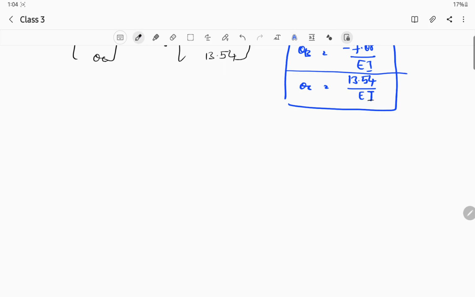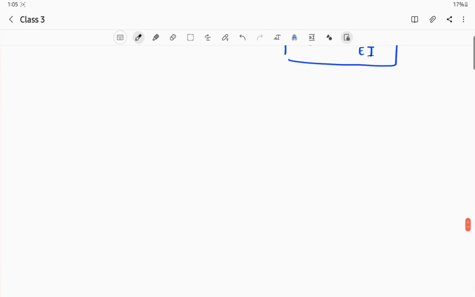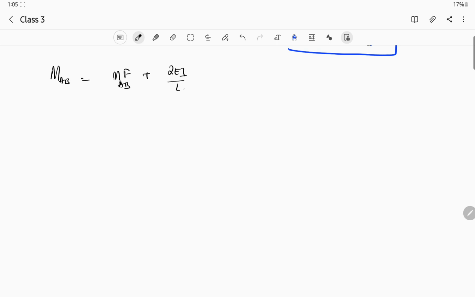Now we'll substitute all our values of theta A, theta B and theta C in the same formula which we use for the slope deflection method. That is, capital MAB is equal to MFAB plus 2EI by L into 2 theta A plus theta B. Okay, so what is MFAB we got? Minus 25 plus 2EI, for span AB it is 2I, this is very very important, by 10 into 2 into, what is the value of this one we got,